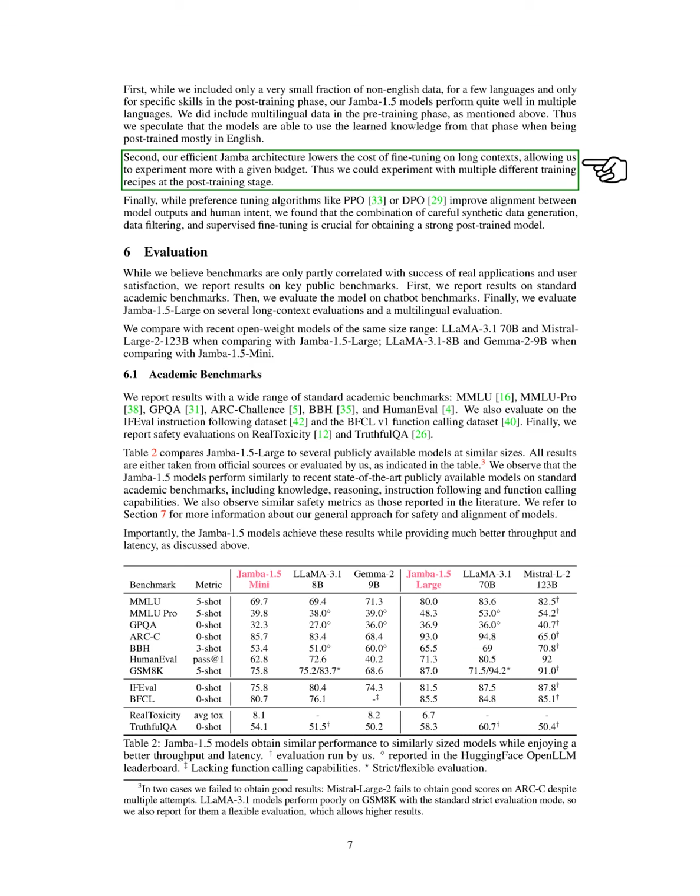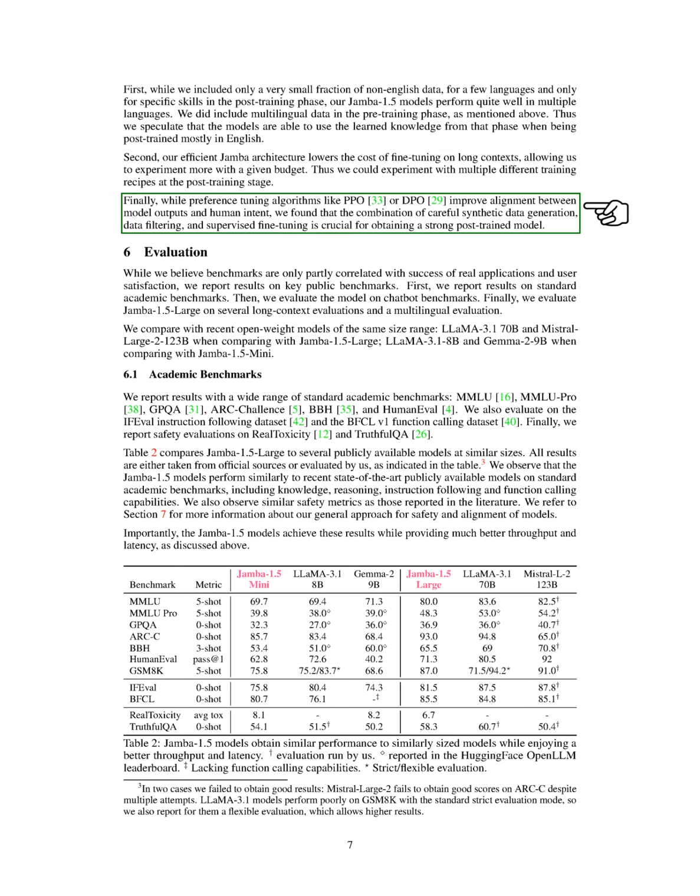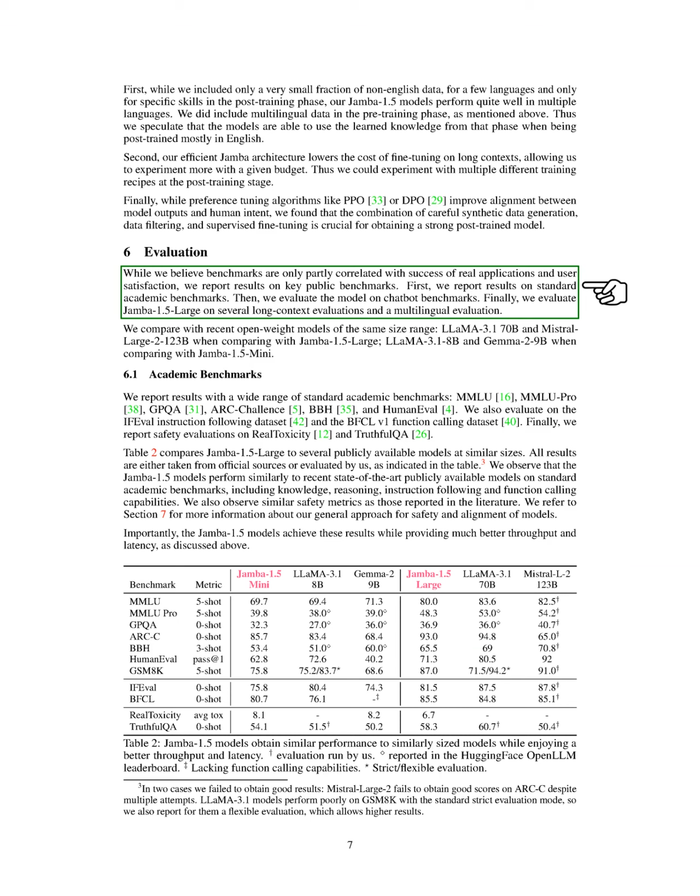Our efficient Jamba architecture reduces the cost of fine-tuning on long contexts, allowing us to explore various training methods. We found that while preference tuning algorithms improve alignment with human intent, a combination of careful data generation, filtering, and supervised fine-tuning is essential for a strong post-trained model. In terms of evaluation, we acknowledge that benchmarks only partially reflect real-world success and user satisfaction, yet we report results